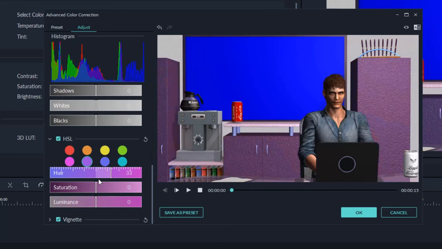Now you can see that the color is being changed. Saturation enhances that color, makes it much more colorful. I'll bring it towards here, and if I make it towards the left, it makes it black and white. Whereas luminance is the intensity of that color.